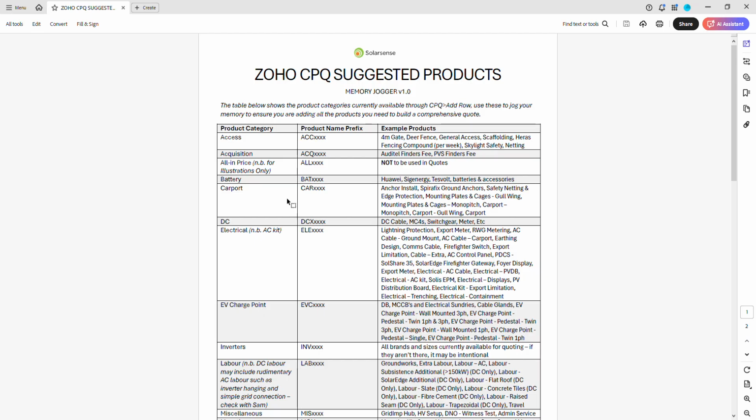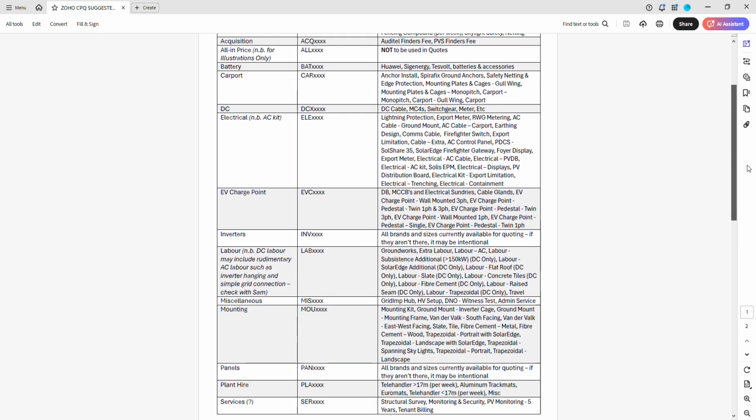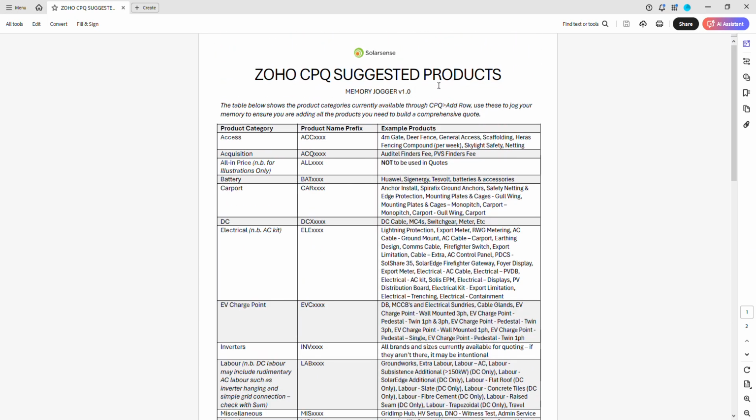So we are working to create suggested product lists, so that whenever you create a new product, depending on what roof type you choose, you will then be able to expect a suggested number of items that will pop up. But that's never completely exhaustive, and there is often an issue with it. So here's just a little thing for you to carry with you while you're getting used to the